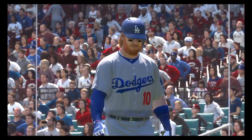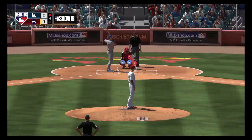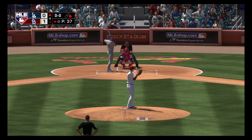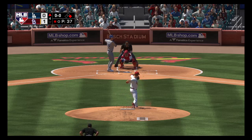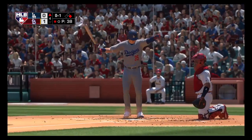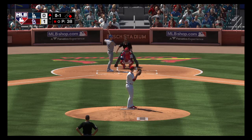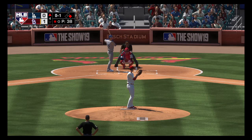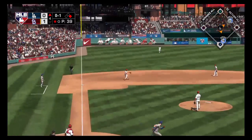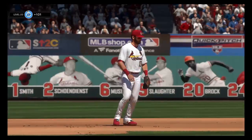The first baseman, number 35. Stepping up now, Cody Bellinger comes into this at bat 0 for 1 in the ball game. He's ready. Here's the first offering. Late on that one as it's fouled off to the left side. No runs, 2 hits, no errors for the Dodgers thus far. Hits this one hard the other way. Wong for 1. On to Goldschmidt, and it's in time. A double play, and the